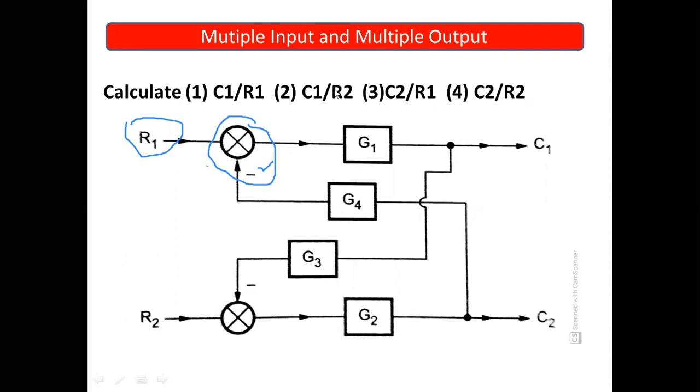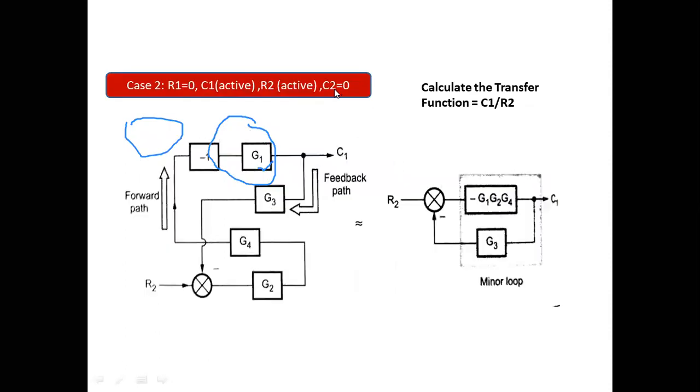So let's move ahead and take that case into consideration. This is case 2. Let's again remove these annotations and start from the beginning to analyze how this minus G1, G2, G4 comes into the picture. I started from R2, then moving ahead G2 comes into the picture. After that G2 is multiplied by G4, and G4 is multiplied by -1. So it becomes G2 G4 multiplied by -1.